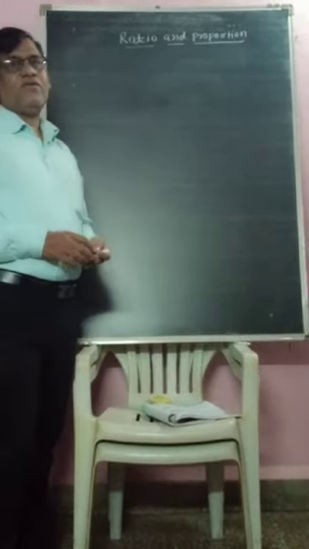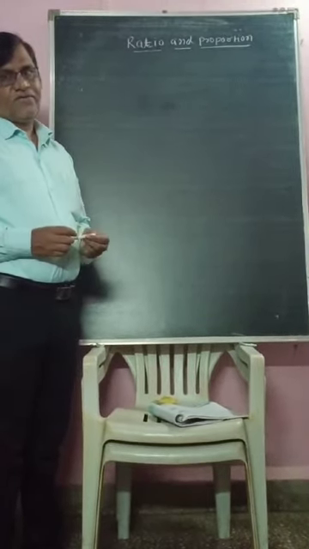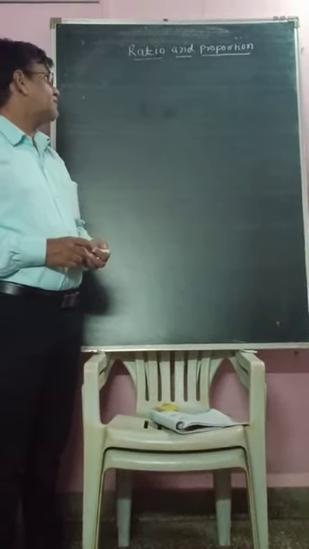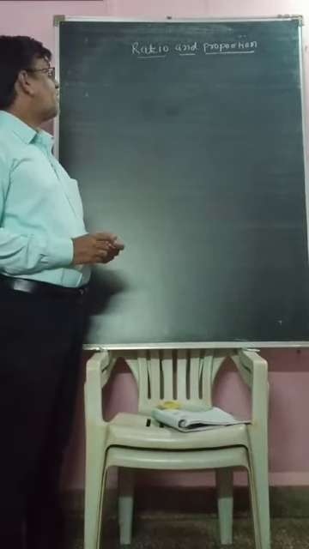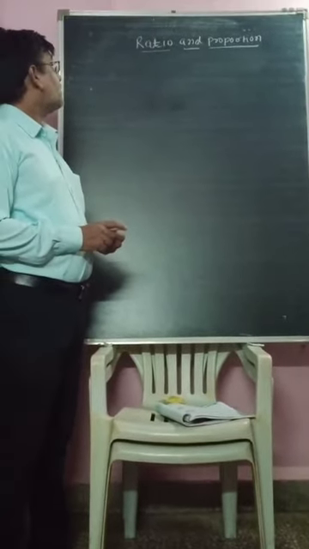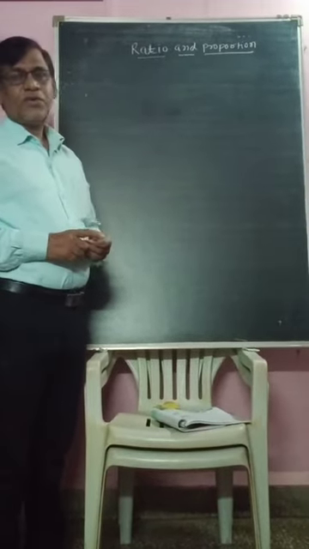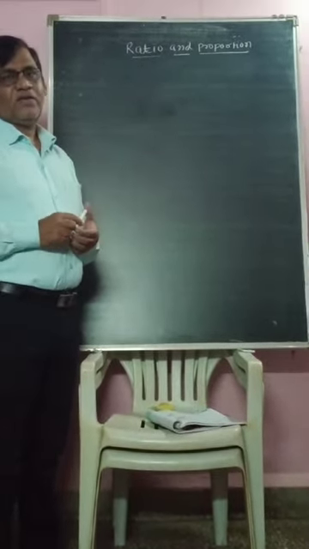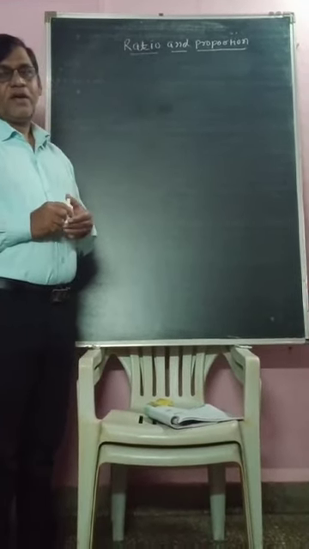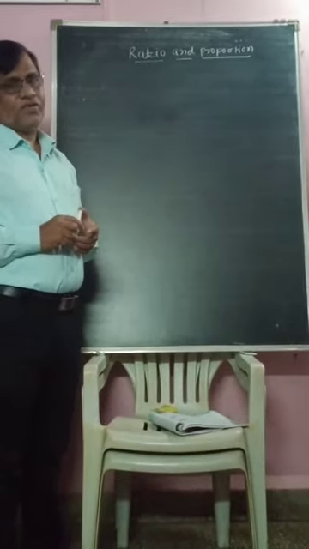In previous class, we completed chapter number 3, polynomials. Now, we have to start the next chapter, that is ratio and proportion. First, we have to know what a ratio is. When we compare two quantities in mathematics, we can compare them in a ratio. It means the comparison of the first quantity to the second quantity, or the comparison of the second quantity to the first quantity.